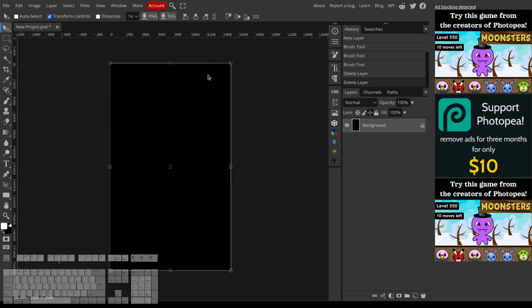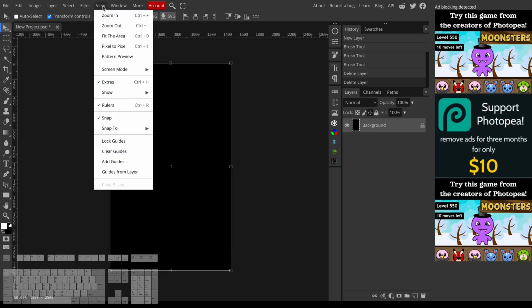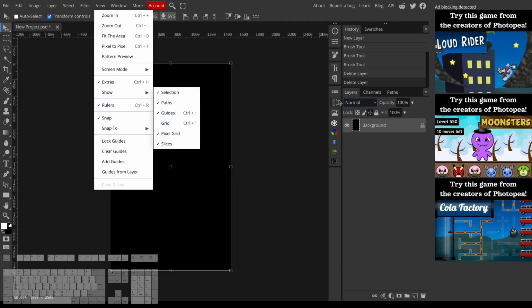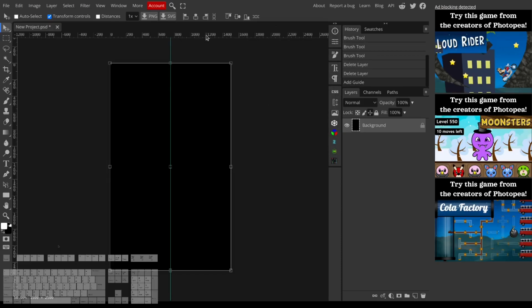So one thing I really like to use is Guide Guy. If you go to Window, More, and Guide Guy, also make sure that in View, rulers are checked and guides are also checked because they're going to be very helpful. So with Guide Guy, I'm just going to make a vertical line down the center, a vertical guide, sorry. And then from the top ruler, I'm going to drag down. And I'm just going to decide that where these two guides intersect is going to be the vanishing point of